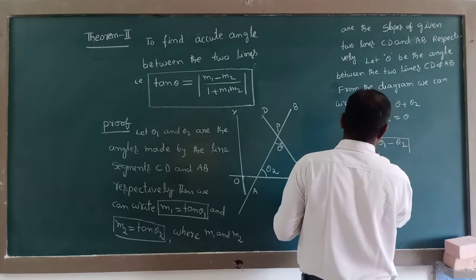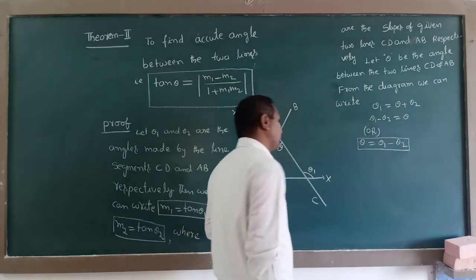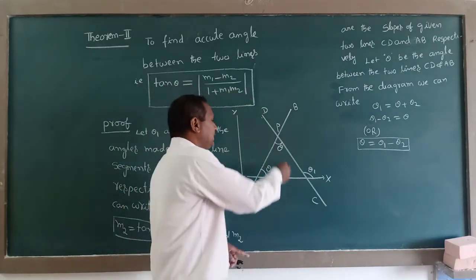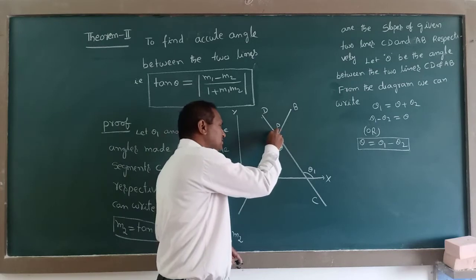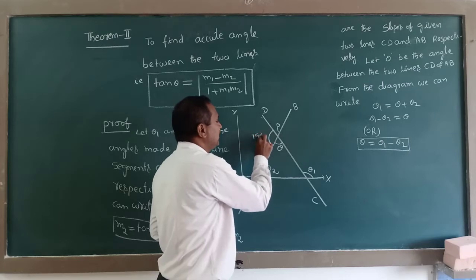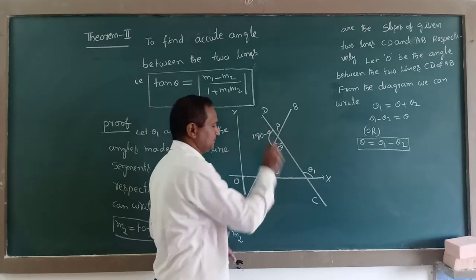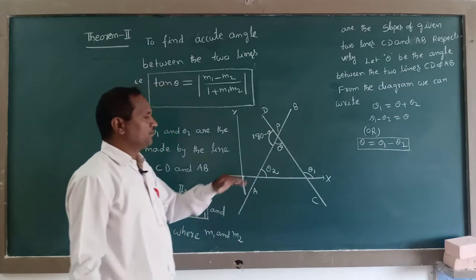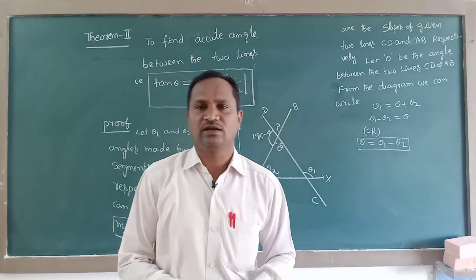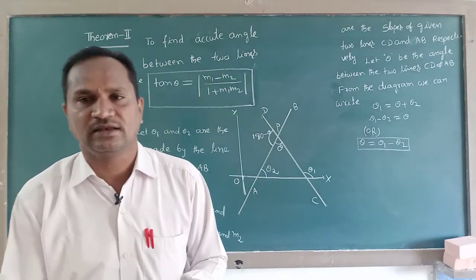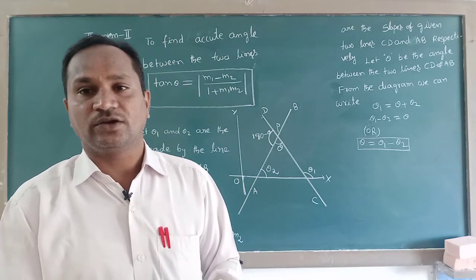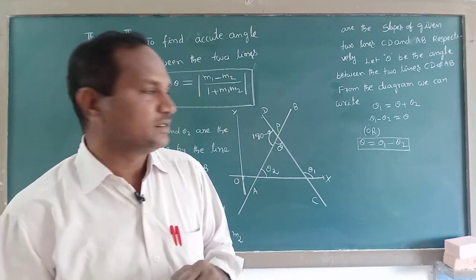Based on this step, we are going to give the proof in two cases. One is when theta is an acute angle, and if you take the angle on this side, this angle is an obtuse angle. The obtuse angle can be written as 180 minus theta here. From this onwards, we are going to give the proof in two cases. Case 1, let theta be an acute angle. Case 2, let theta be an obtuse angle.